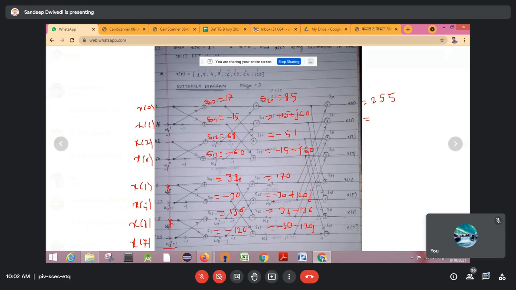The value of that is 0.707 minus j0.707. So the twiddle factor will be multiplied with this value, minus 30 plus 120j, and that you need to add here in this value minus 15 plus j60. If you do all these calculations, x of 1 you will get 48.68